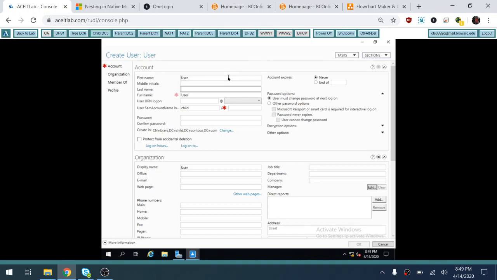User 3. The user account name will be U3. I can set my password. If I check this and don't check anything here, it won't prompt them to change their password next time they log in. I could put in their contact information,